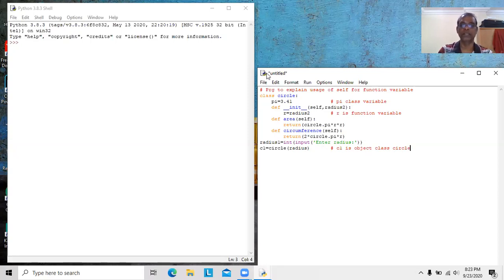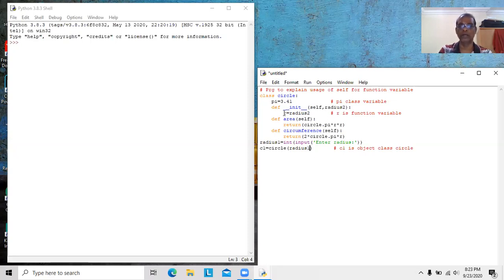Since circle contains one constructor with argument, while creating an object for circle, we have to pass a value for the __init__, that is radius 2. The value stored in radius 1 will be assigned to radius 2.